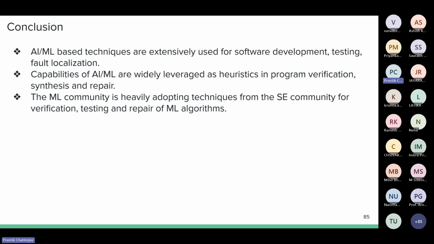I mostly talked about these testing techniques and fault localization techniques because they use AI/ML based approaches. But I had not talked about formal techniques, because formal techniques rely on SMT solvers. You cannot use an LLM or any machine learning technique to say a program is correct, because they are making a prediction, and a prediction does not work if you expect a proof.